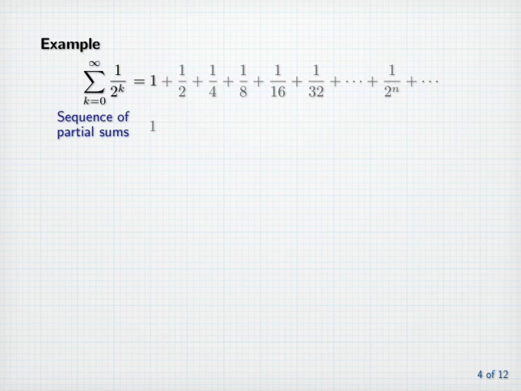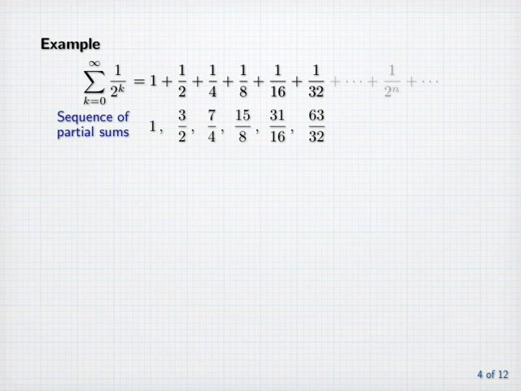Those are 1 plus 1/2 or 3/2, 3/2 plus 1/4 equals 7/4, 7/4 plus 1/8 equals 15/8, then 31/16, 63/32, and so on. Here the denominators are just powers of 2, and each numerator is the next power of 2 minus 1. So the nth partial sum is 2 to the n plus 1 minus 1 divided by 2 to the n,